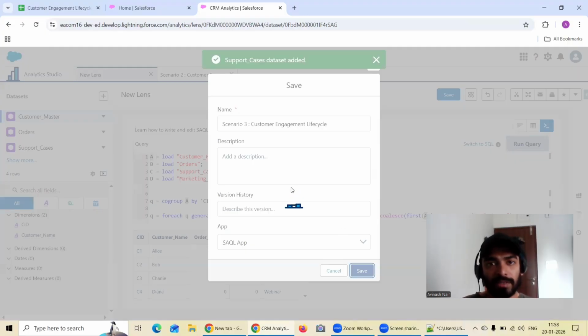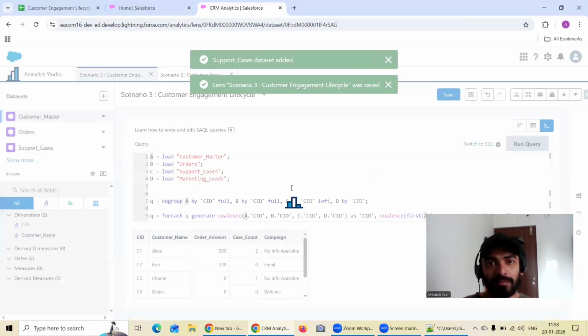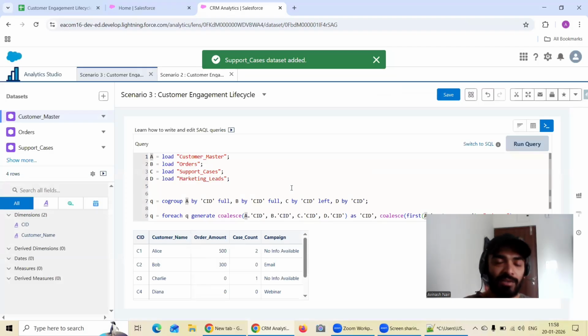So as you must have noticed while doing this scenario, or for that matter, the earlier scenarios as well, which we covered,